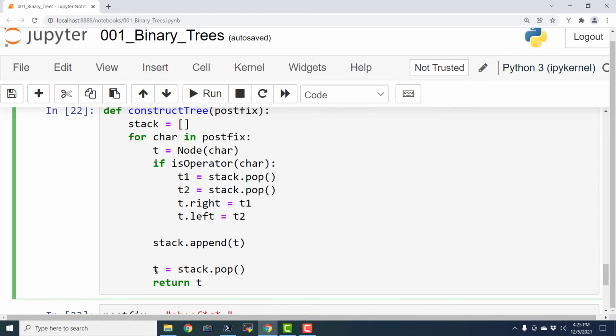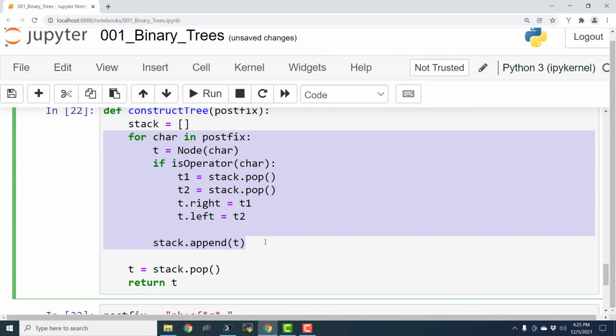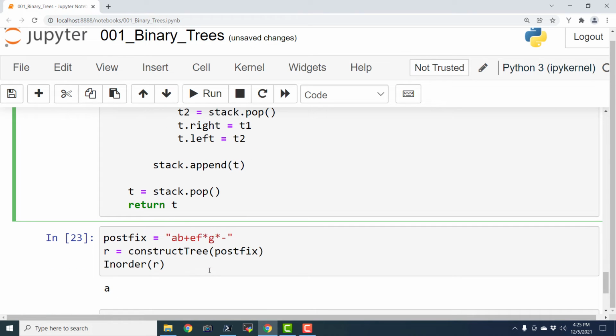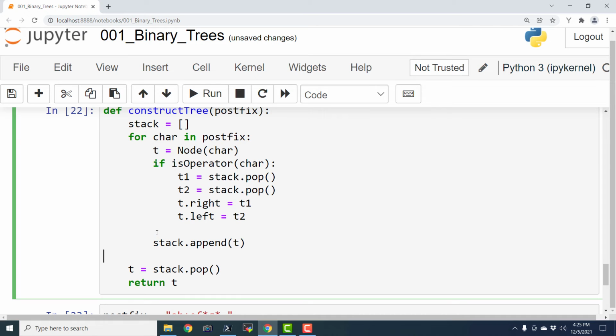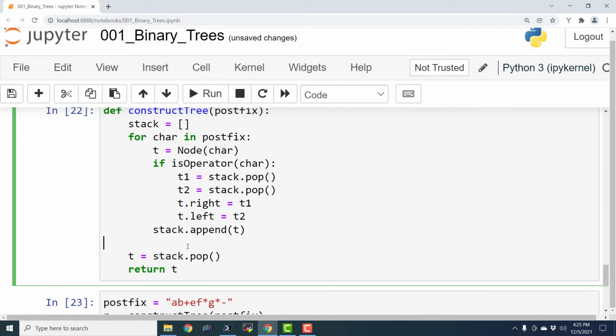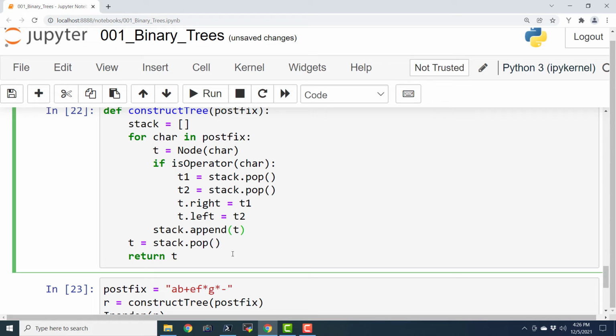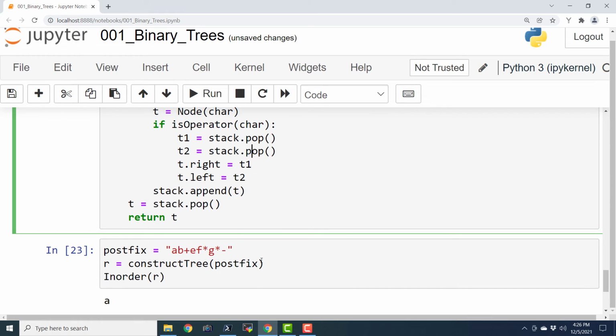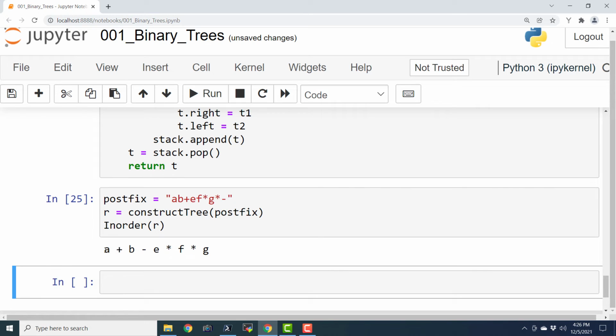So this is supposed to be here, and return t is also supposed to be here. Okay, it is supposed to be outside this for loop. So by mistake, I had included these two statements in the for loop. That is why it was not able to go through the entire loop. So now I'm going to delete all the unnecessary spaces, and I will again execute this particular cell. So it is going to redefine this construct tree function, and it is going to upload that definition in the memory, and then we will freshly execute this block. So let us execute this, and this is the output.